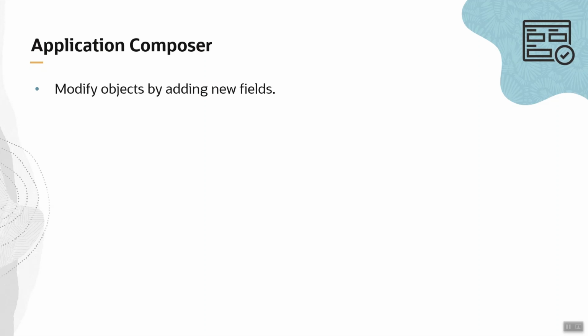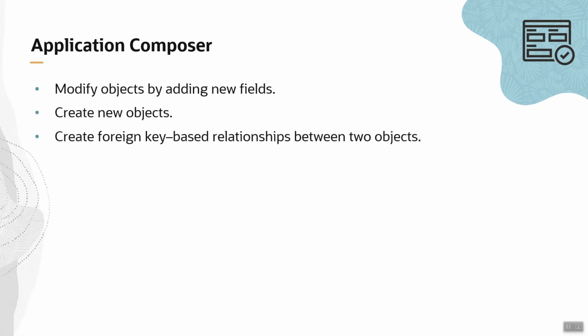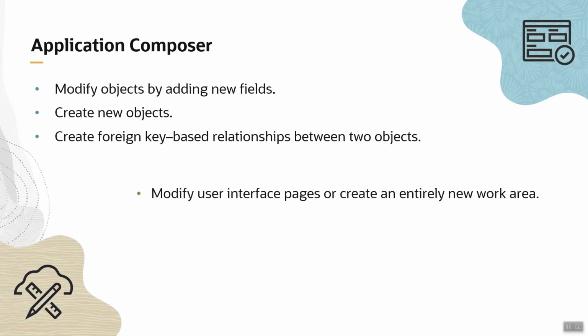Use Application Composer in certain products to create fields, objects and relationships. Then modify user interface pages for all users or only some. So you can modify objects by adding new fields, create new objects, create foreign key-based relationships between two objects, modify user interface pages by exposing your newly created fields for an object, or create an entirely new work area for your custom objects,